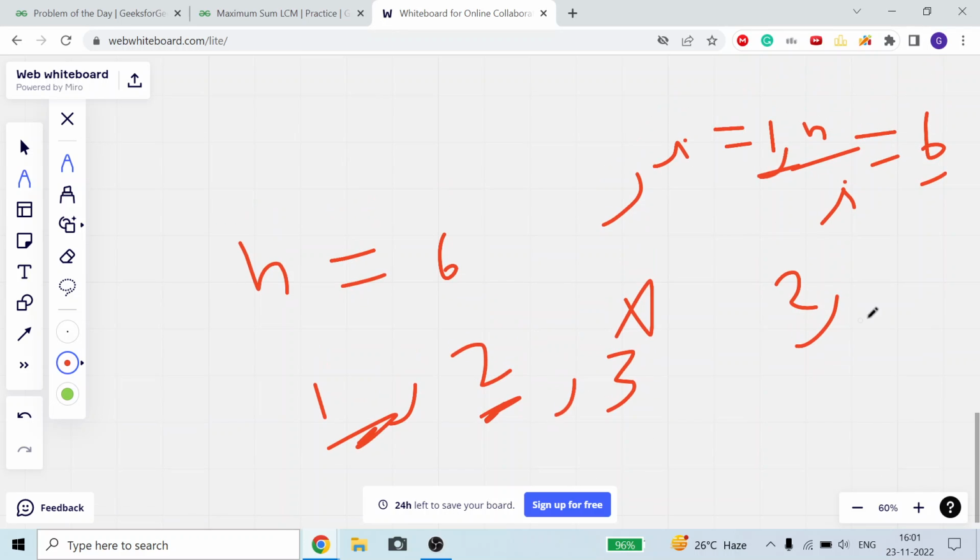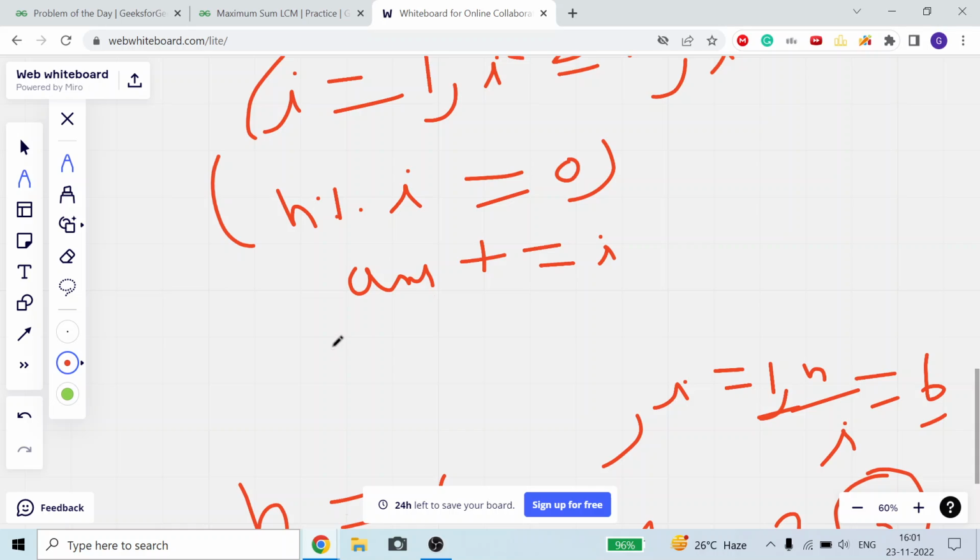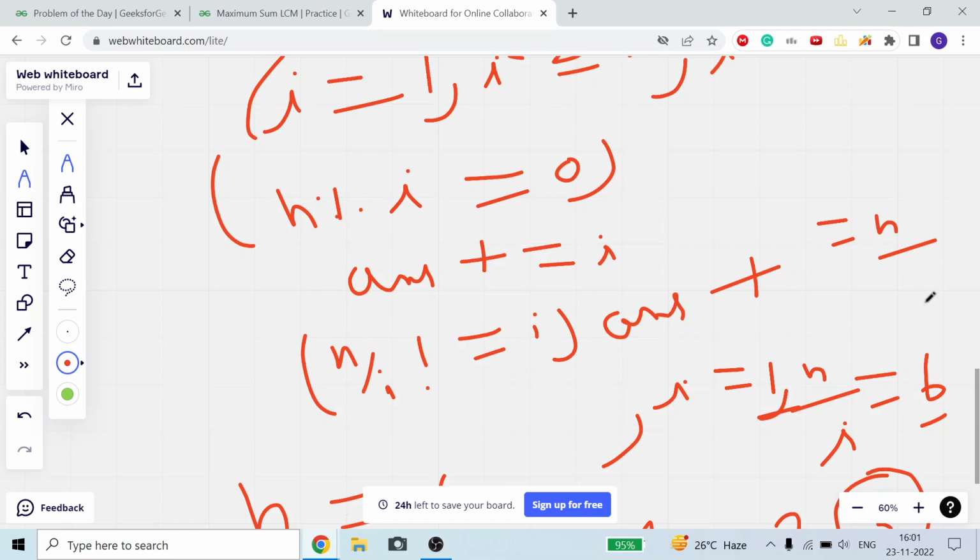How will I add my 3? When i is equal to 2, i divides 6, so n divided by i, that is 6 divided by 2, that is 3, will also divide my 6. So I will also include 3. But there is one case. If n divided by i is not equal to i, I will give you an example, then I will also add answer plus equal to n divided by i.